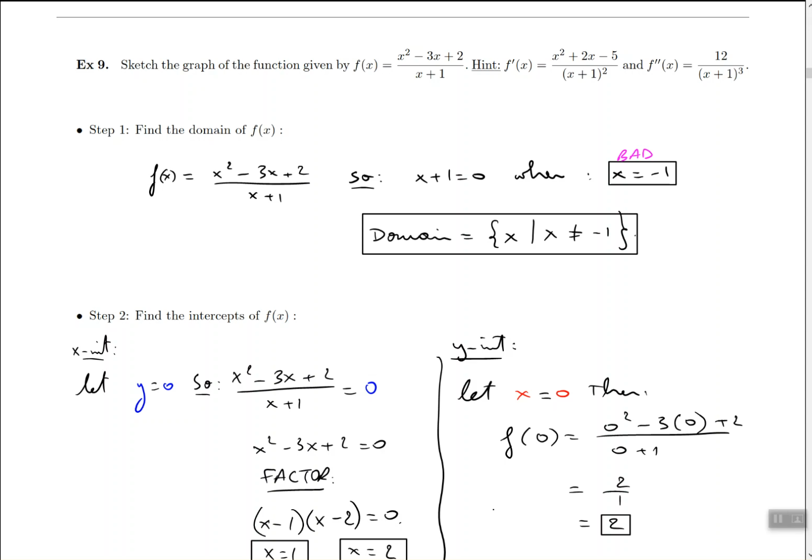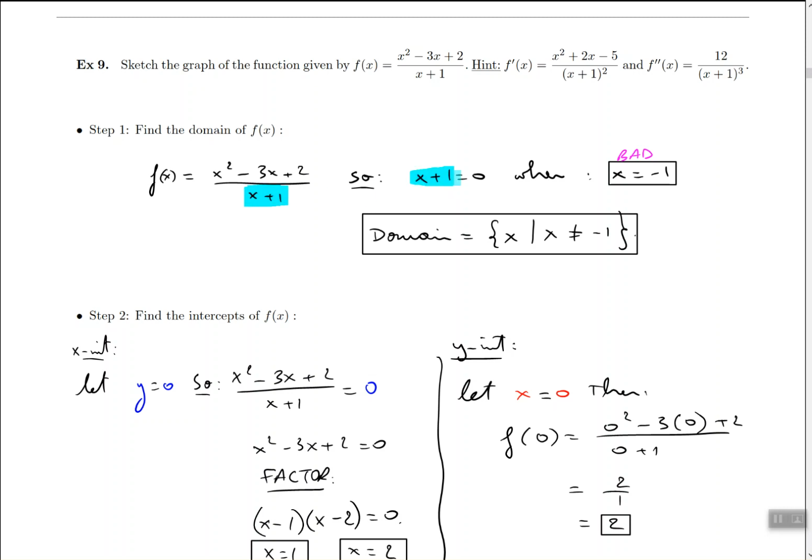Okay, so in this example 9, we have a function f of x equal to x squared minus 3x plus 2 divided by x plus 1, and it's asking us to graph it, sketch the graph, so just give us an idea what the graph looks like. So I started off by finding the domain, and that involves finding the denominator and setting it equal to 0,